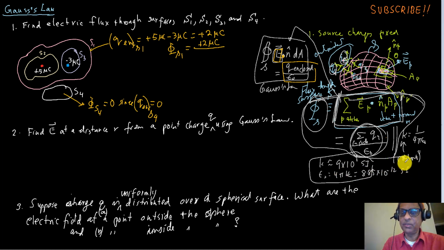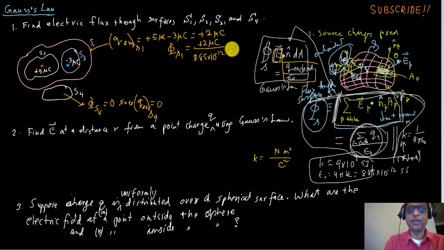epsilon naught. The SI unit will be the opposite of this. So K, a unit of K is Newton meter square over coulomb square, so epsilon naught is going to be exactly the opposite. So this is going to be 8.85 times 10 to the minus 12 coulomb square over Newton times meter square. And for microcoulomb, you can just say 10 to the minus 6 coulomb, and you